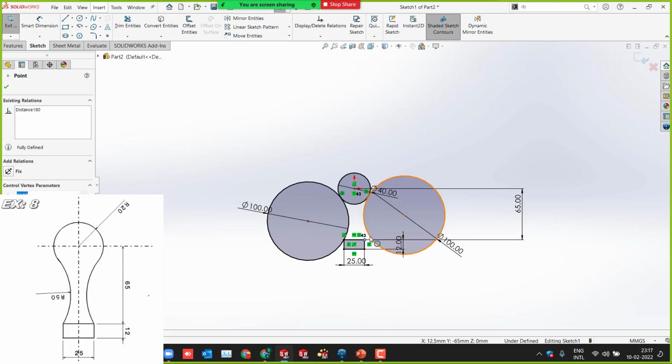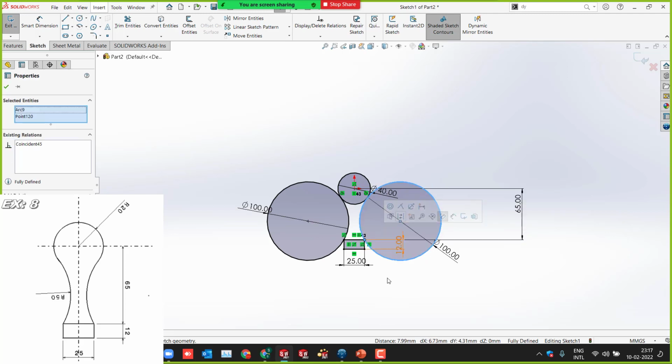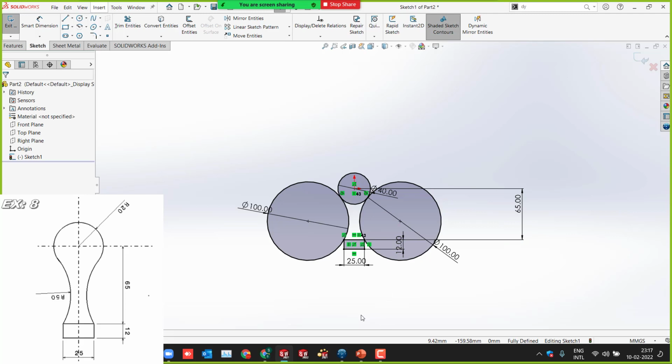And even this point and this circle should be coincident. Now, is it fully defined? The sketch is fully defined. Yeah, this is fully defined, but this is not complete. It is not as per our requirement.